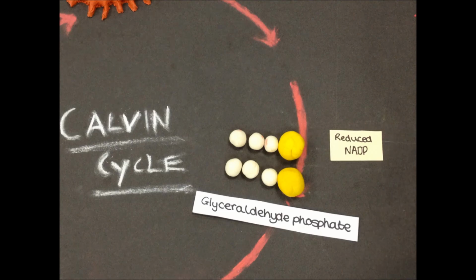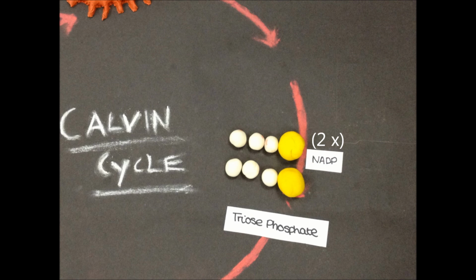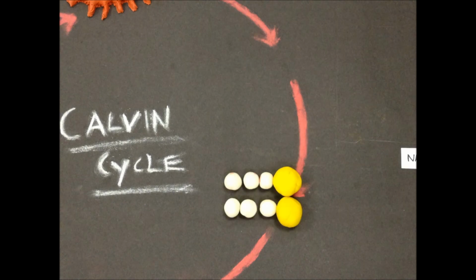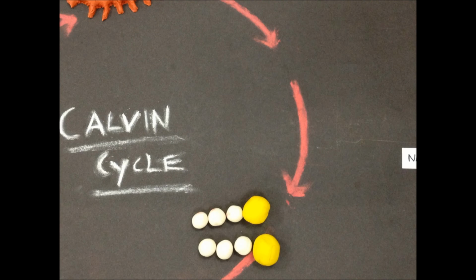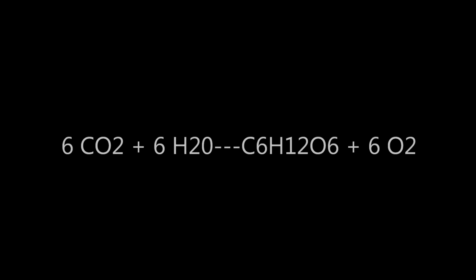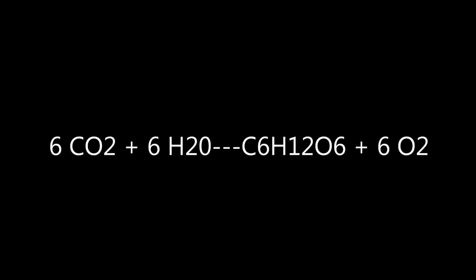The next stage of the Calvin cycle involves reduced NADP, which reduces the phosphoglyceraldehyde into triose phosphate. Up to this point, 2 molecules of triose phosphate have been produced, 2 ATPs have been used, and to reduce 10 ADPs as well. But if you remember the equation, 6 molecules of CO2 are used to produce 1 molecule